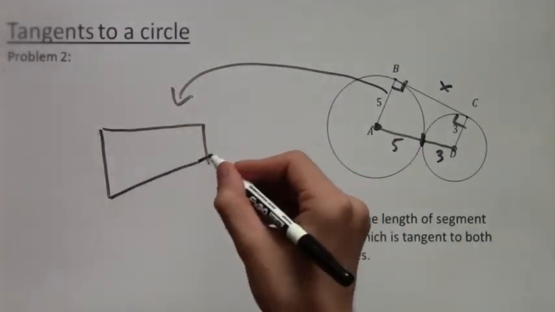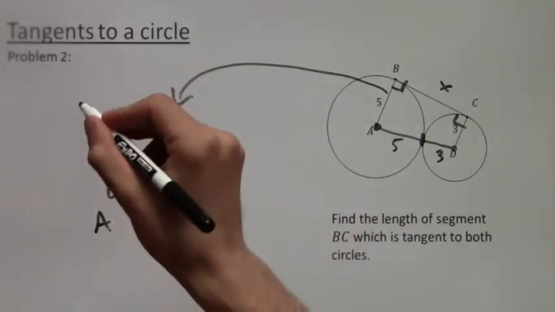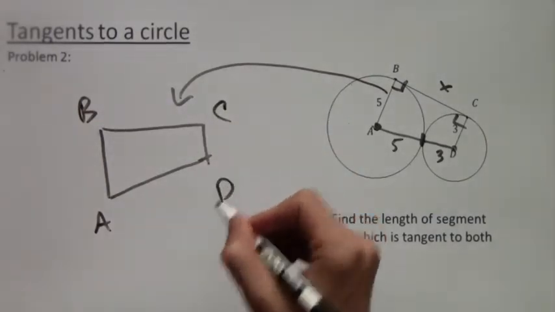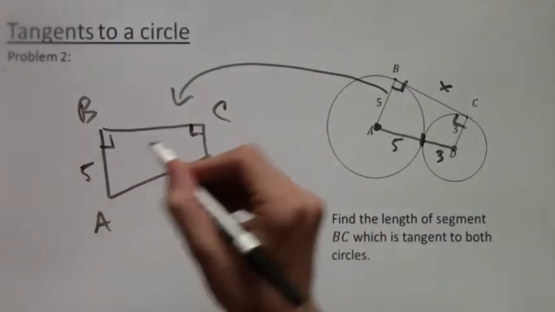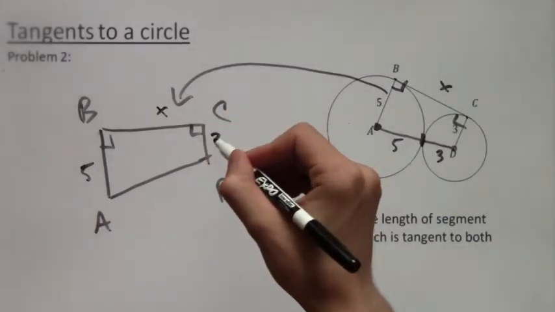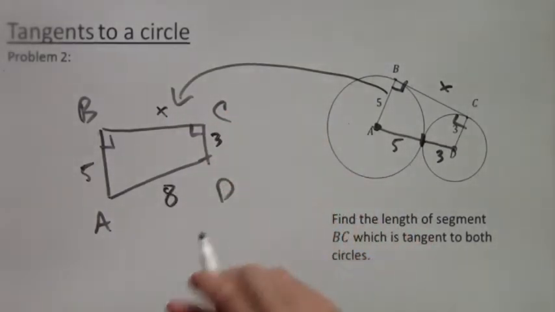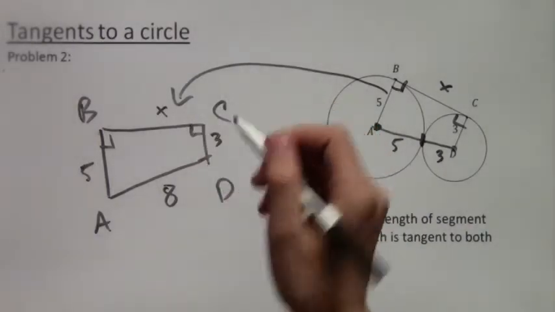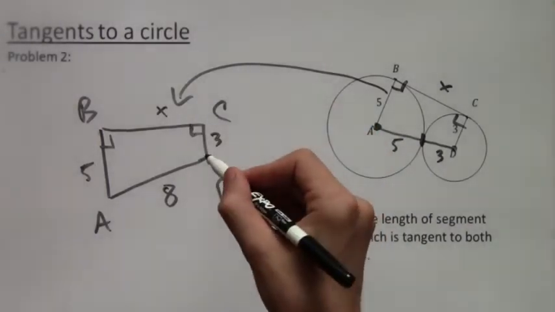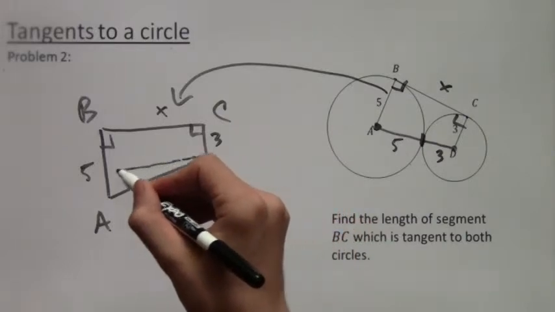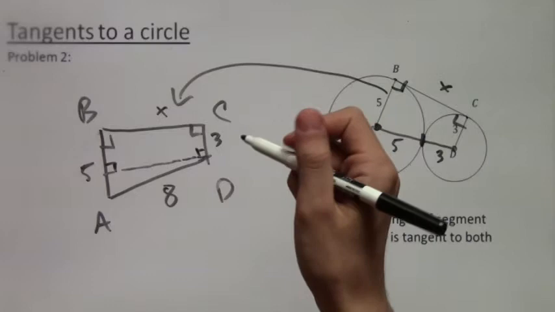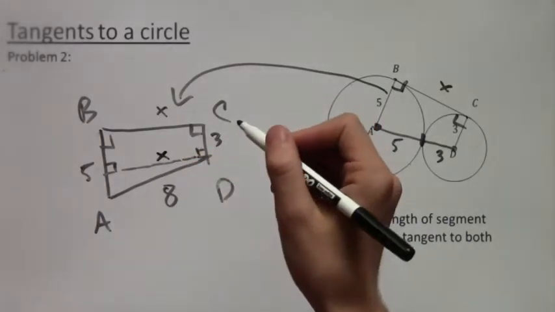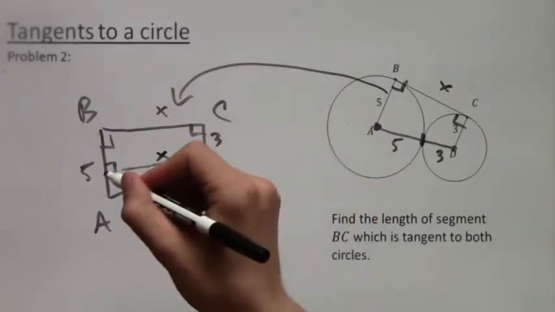So here we have A, B, C, D, and I'm going to rewrite all the things we know about it. These two angles are perpendicular. We have 5, an x, a 3, and 5 plus 3 is 8. So now we're going to work with this figure, and we're going to try to find what x is. And the secret here is that if we draw a perpendicular from D to AB, like I just did, you get a rectangle,